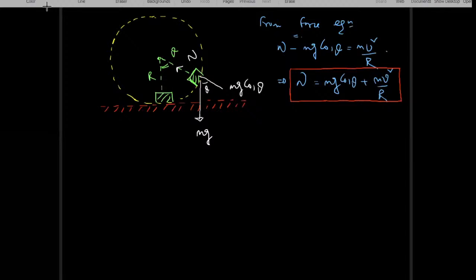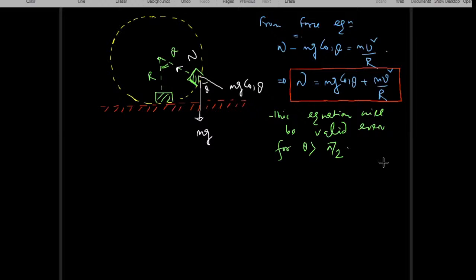So now there will be a query that will come: sir, you have drawn the diagram for theta less than pi by 2. Is the equation valid for theta greater than pi by 2? Yes, it will be valid. So I will write that this equation will be valid even for theta greater than pi by 2. So in that case, what will happen? In this case,